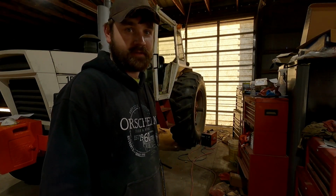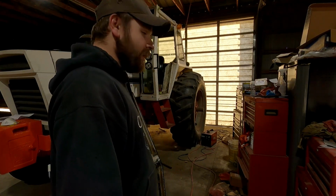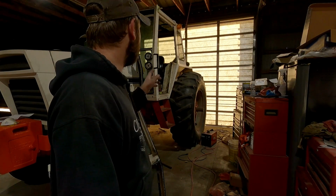Alright, I got a few coats of paint on my top cover. I'm going to just let it be now and let it dry. And I'm going to attempt to put my door on. I don't know how successful I will be, but I'm